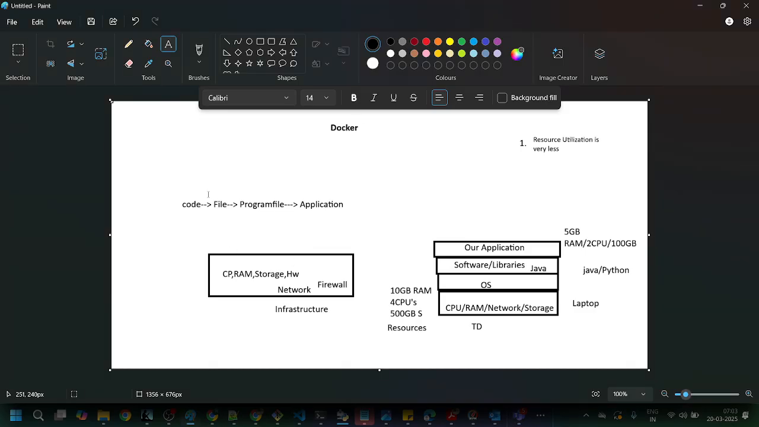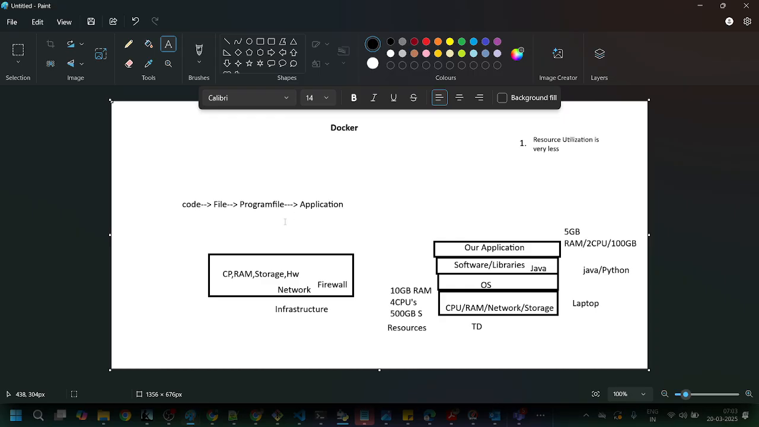Okay, so if you want to deploy, we write the code and we write that code into a file called the program file. If you execute that file, it becomes an application. So if you want to run the application to make it accessible to clients,